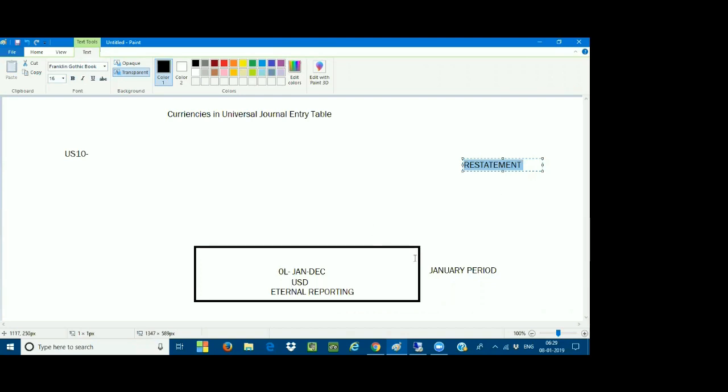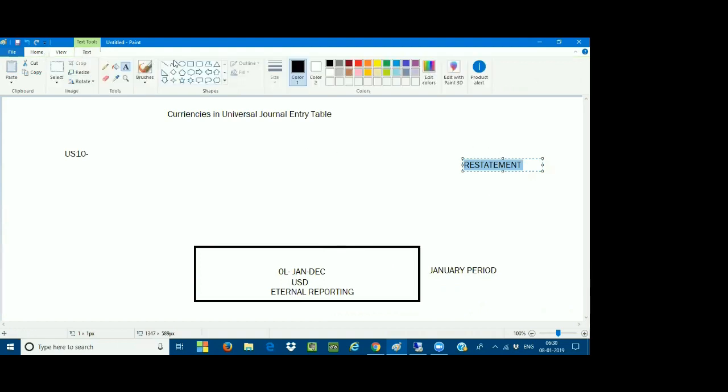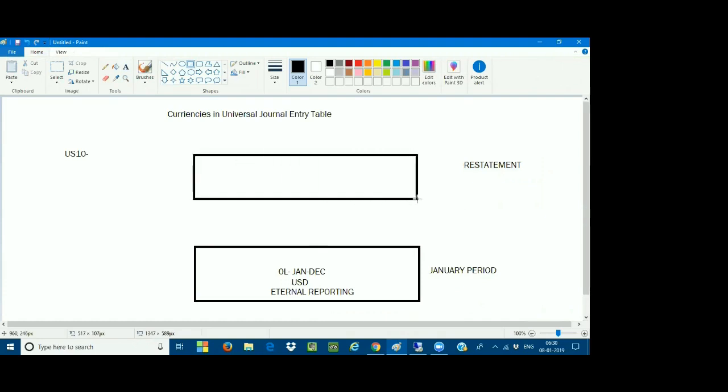So SAP provides you a non-leading ledger, an extension ledger, which you can build on top of your leading ledger. I'll take one more extension ledger and build it on top. I'm going to staple it on top of my leading ledger. This ledger is called my extension ledger.